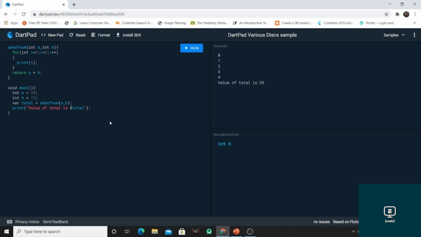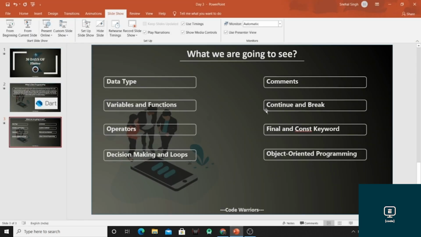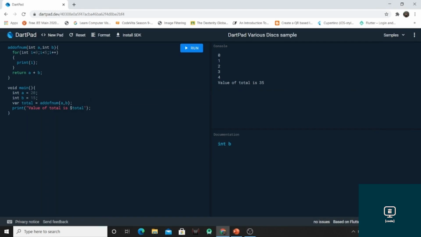Now after decision making and looping, we are having the comment part. So in that we are having three types of comment. The first one is single line comment, which can be implemented using double slash, this print a value.